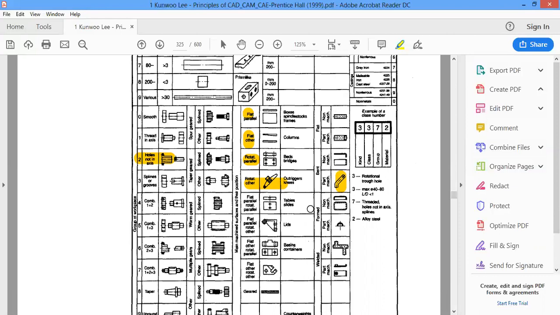This is the reason why in the previous class I had mentioned how the families are grouped. The designer has to first understand what parts the industry is going to manufacture, and based on that, what problems they will come across day to day.